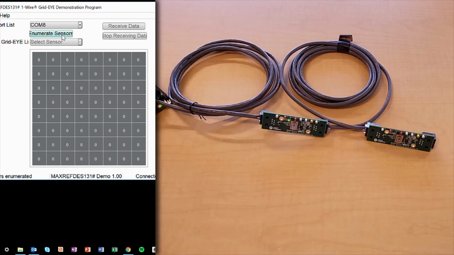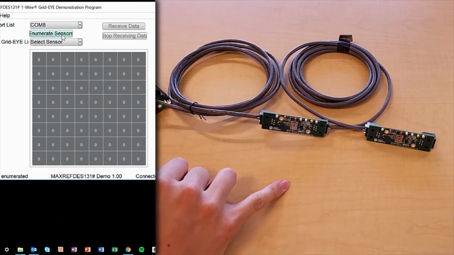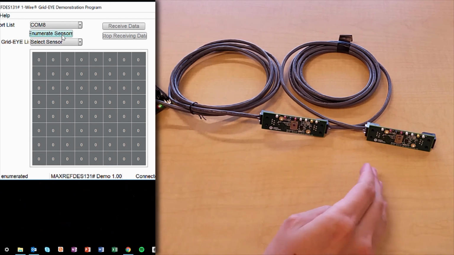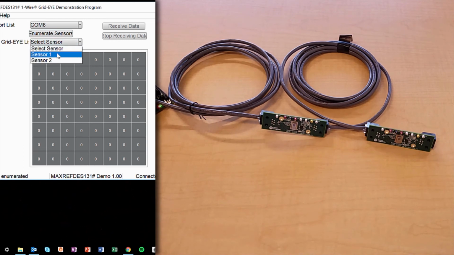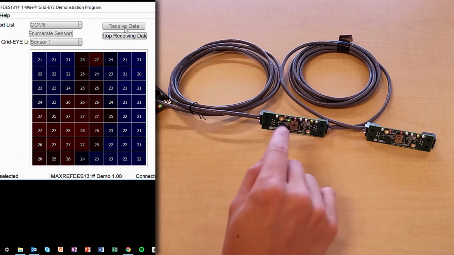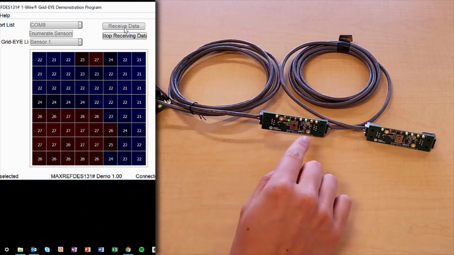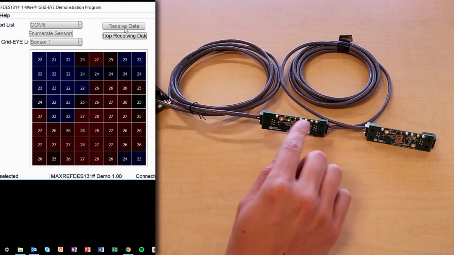In the Demo GUI, I can click Enumerate Sensors, which repeatedly performs a one-wire search algorithm and then connects the downstream sensors until all the sensors are identified. I can then select which sensor, so I'll say Sensor 1, and click Receive Data. The green LED indicates that the sensor is on, and the blue LED flashing indicates that one-wire activity is happening